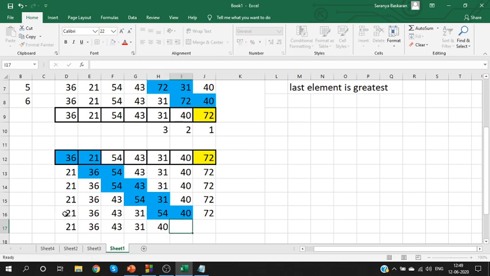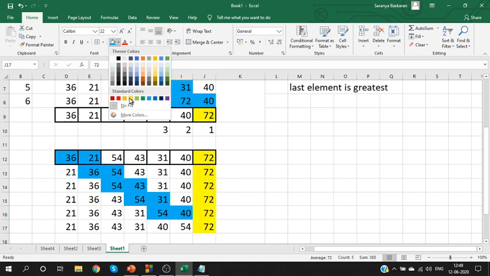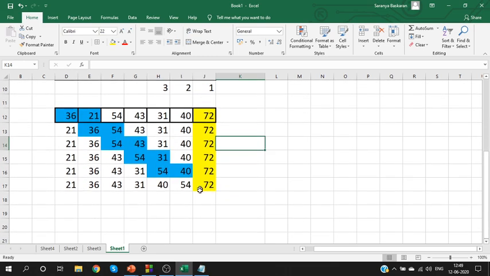So swap the two values: 40, 54, 72. We already know 72 is in the right place, so don't compare with 72. Now if you observe, 54 is also in the right place. Correct? When I repeat this process, this is the second iteration.